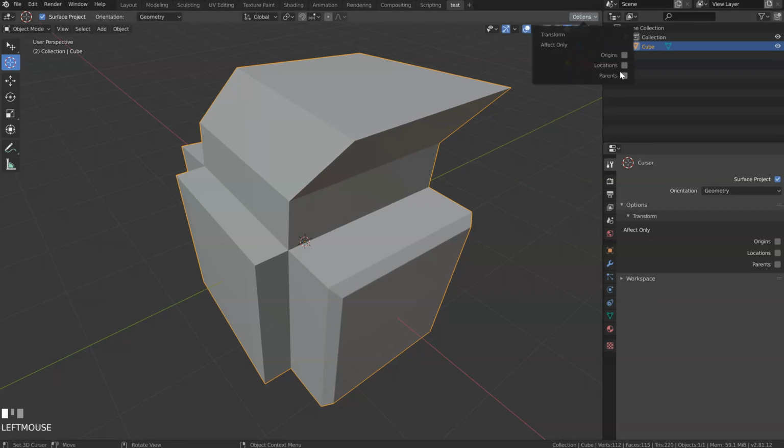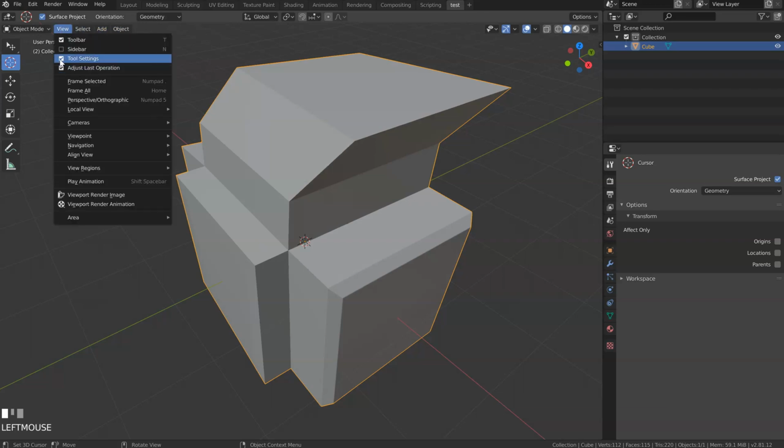You will have some options here. And I don't know why they put those options here. Before it was here, it was easier to reach, but now it's hidden like that. Because this one, the origin, we will use it a lot. I already use it a lot, and too bad, it's hidden here. So, too bad.